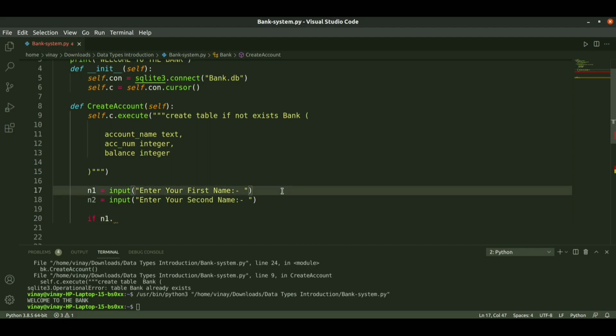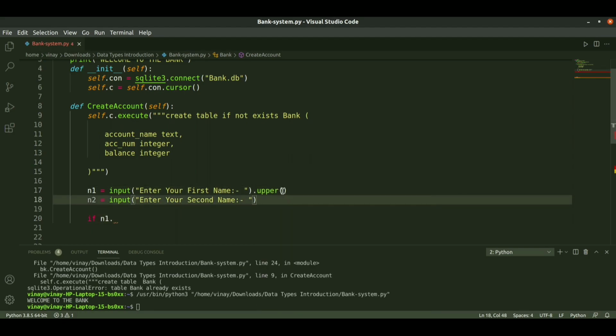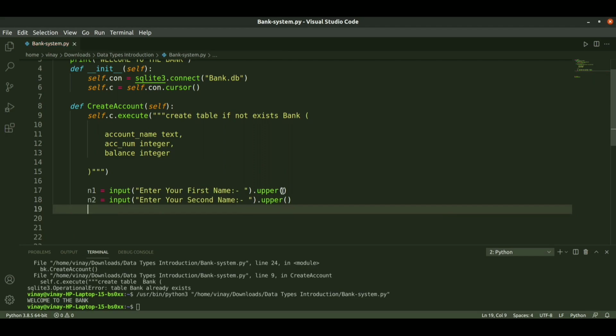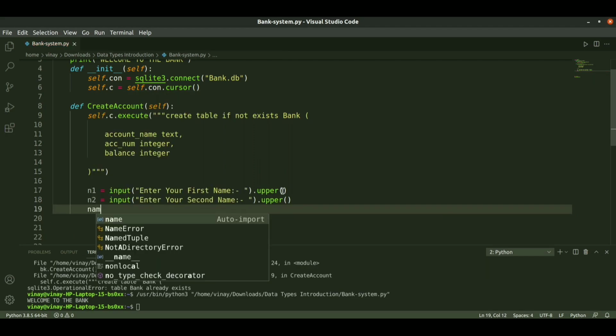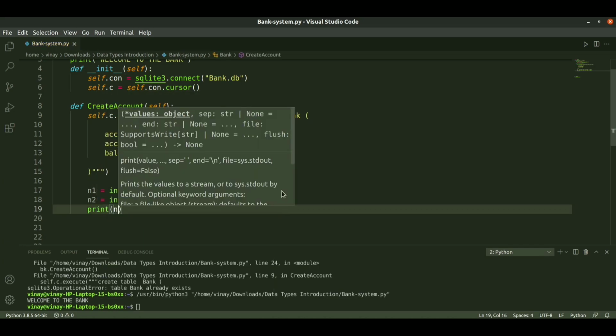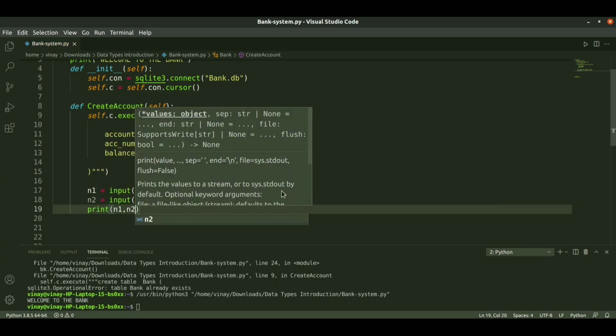By default I will make it uppercase, so the input he enters will be in uppercase format. So in order to show, I will just print the name, print of n1 comma n2.